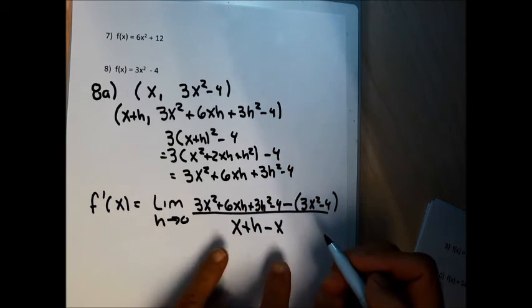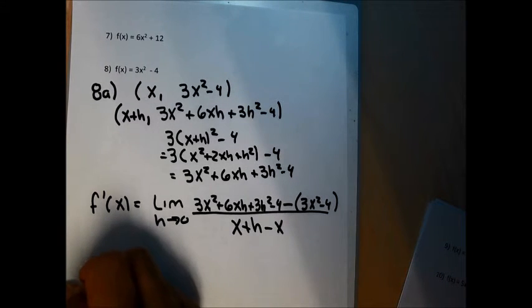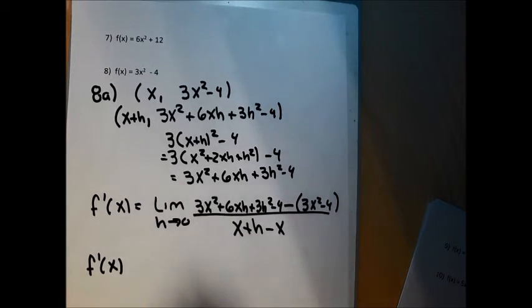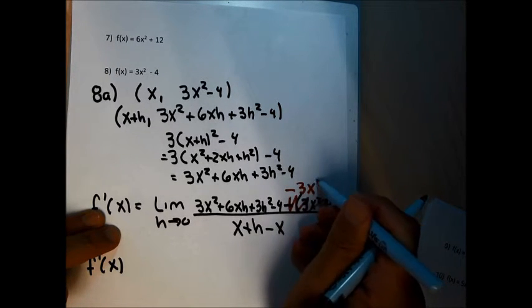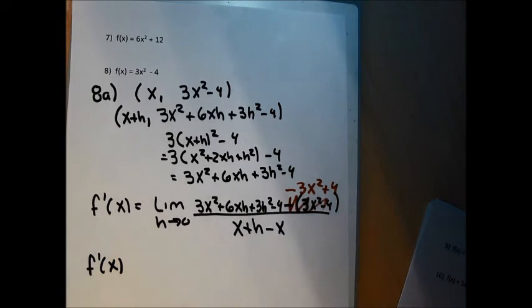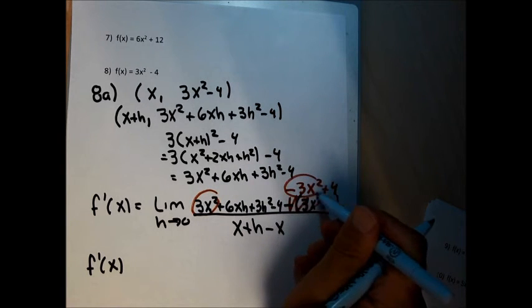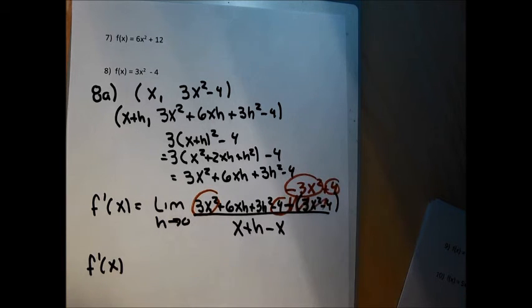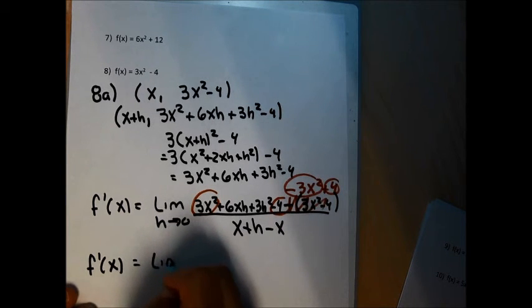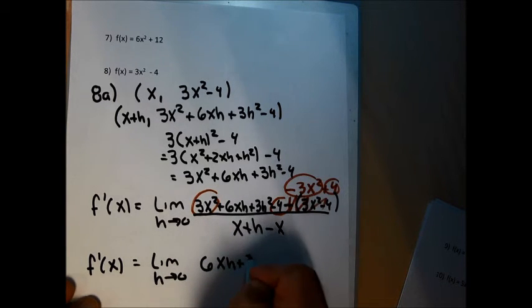Again, usually we don't even do that. We just put an h in the denominator. So let me clean up that numerator. I'm going to get rid of the parentheses right in place here. When I get rid of the parentheses, you get a minus 3x squared and a plus 4. And that's going to make this 3x squared and that minus 3x squared cancel. This minus 4 and that plus 4 cancel. So I will be left with the limit as h goes to 0 of 6xh plus 3h squared all over